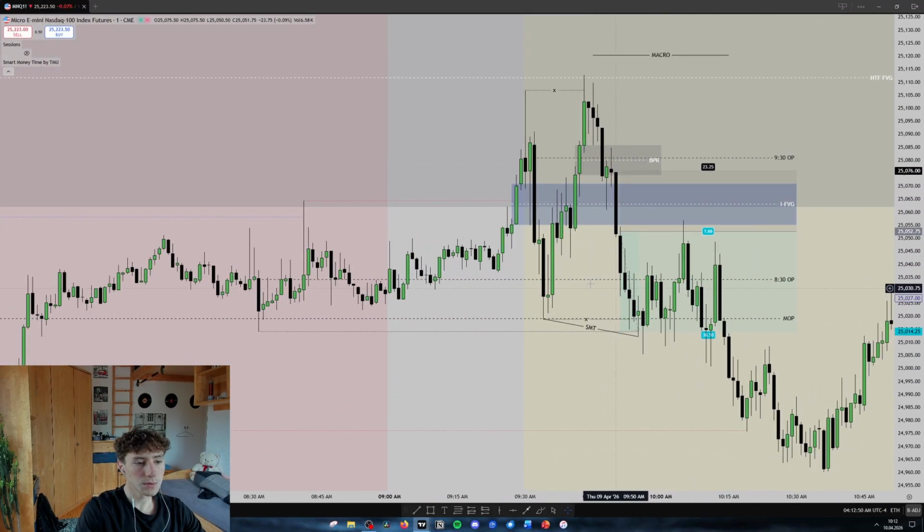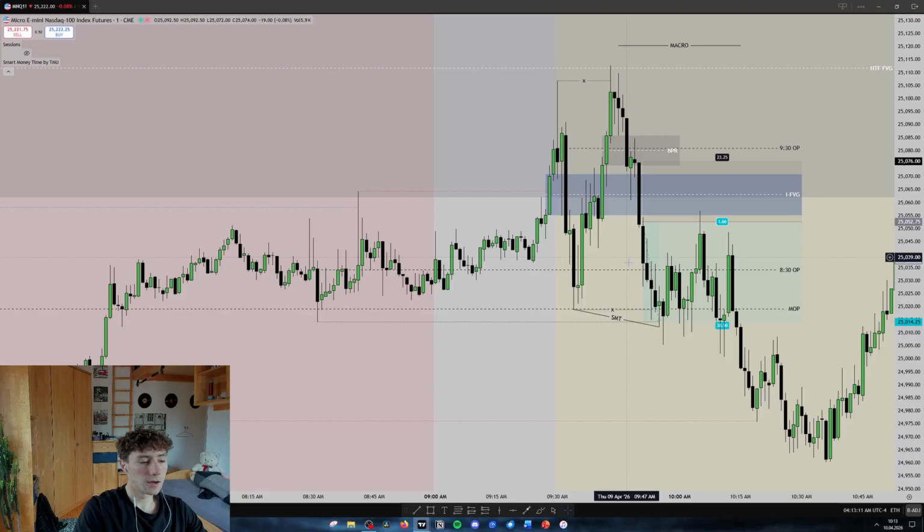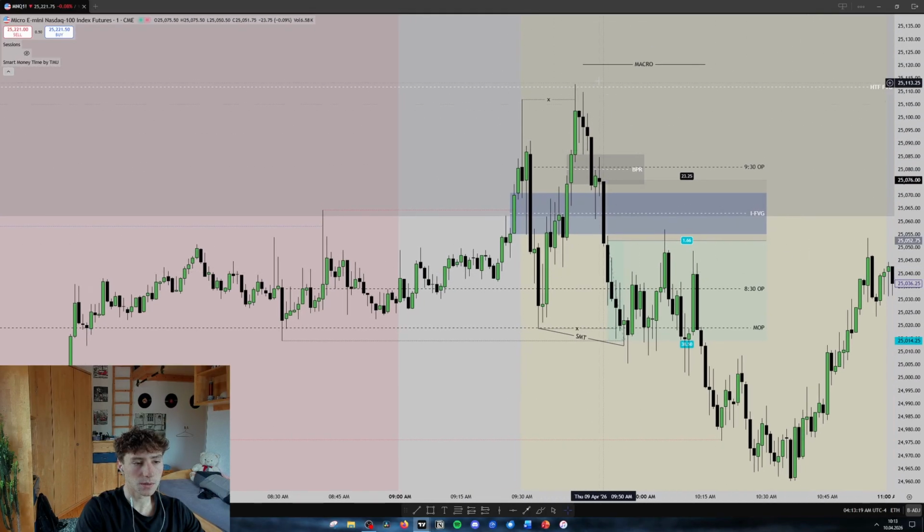I mean, it's a bit too early in my opinion, because it's before the 10 macro. Still, if you would have shorted right here, you just need to be really aggressive. So entry probably right here after the close below the inversion gap, and then take your first partial at the midnight opening price, go break even, get stopped, and you're done for the day. I mean, it's possible. I think it's better to wait, to be a bit more patient, because then probably, as you see, the better setup occurred right here